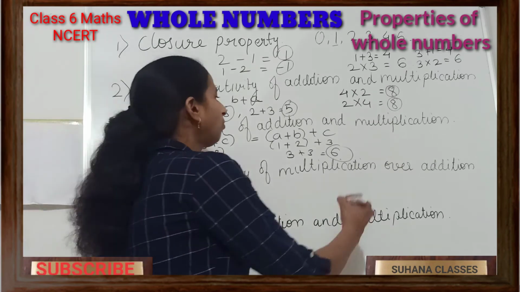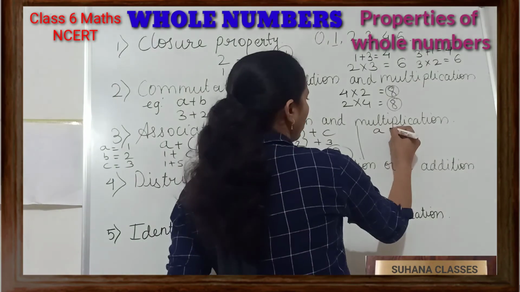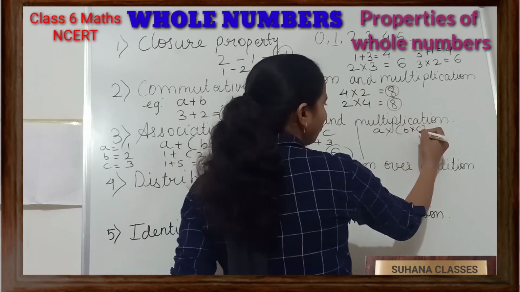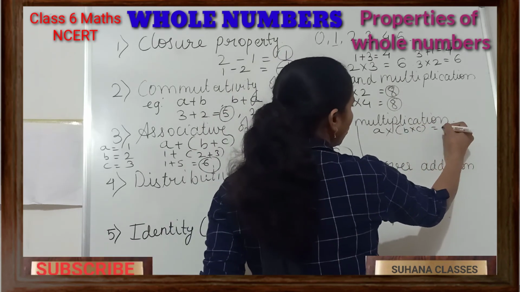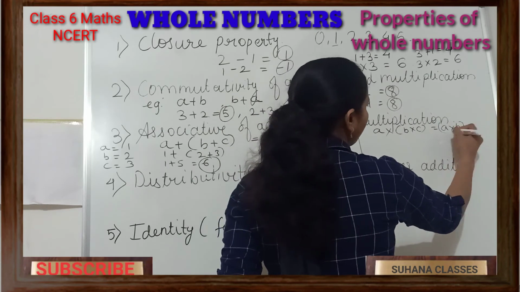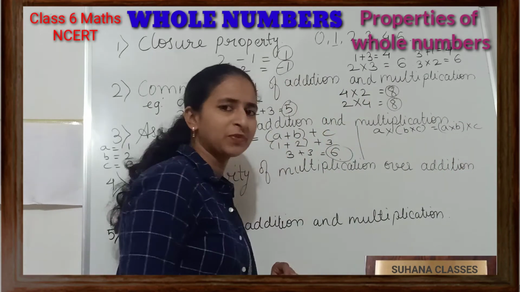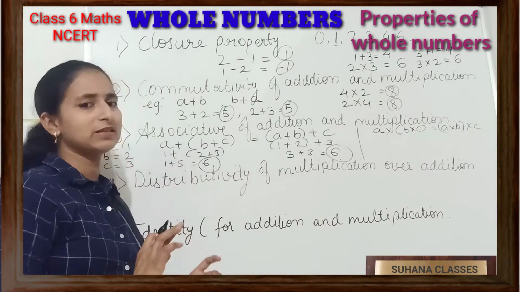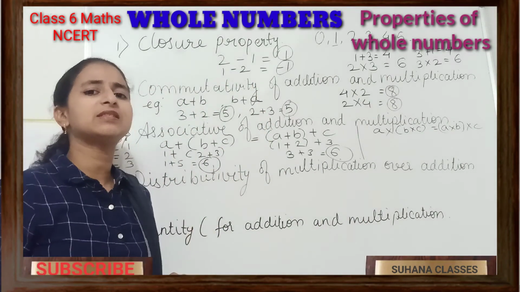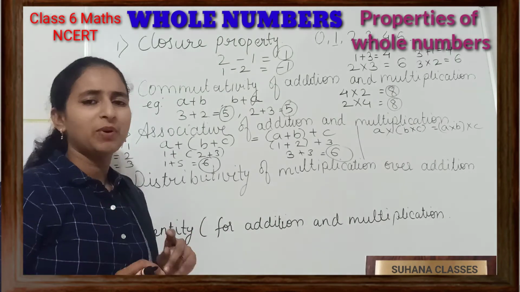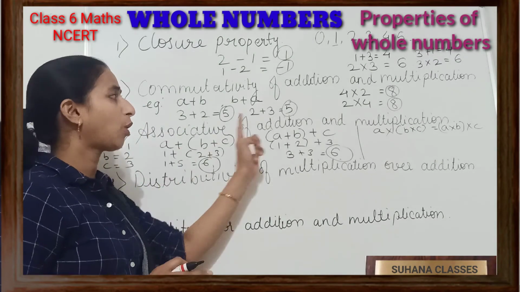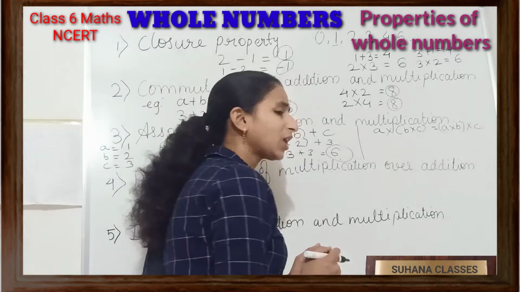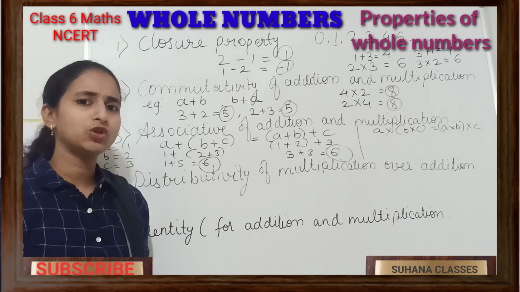Okay. So the same you can do with multiplication. You keep A separately, B and C you multiply first, and then in another case what you will do? A and B you will multiply first and then C you will keep aside, and at the end we will multiply by C. In such a case also we should get the same answer, and if you are getting the same answer, that means what? The associative property is also followed by multiplication. So multiplication follows the associative property.